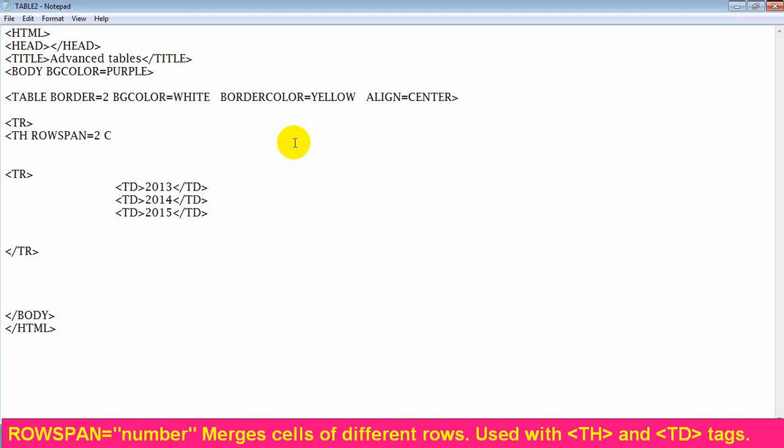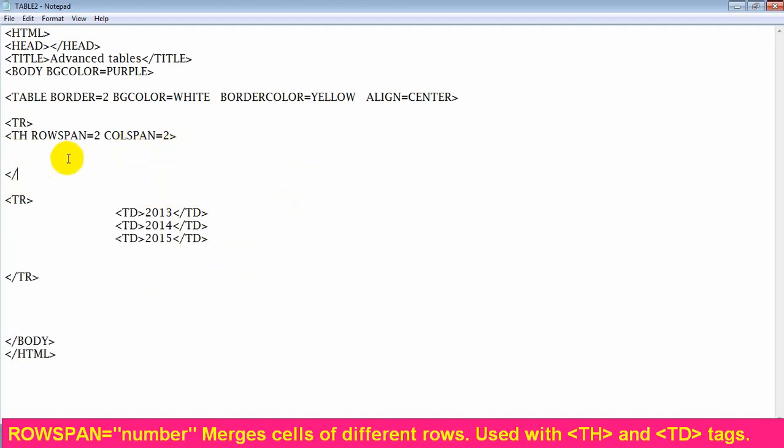We have already known colspan equal to 2. Okay. Now let's close this table row and let's close this table heading. Now what is the output? Let's see.